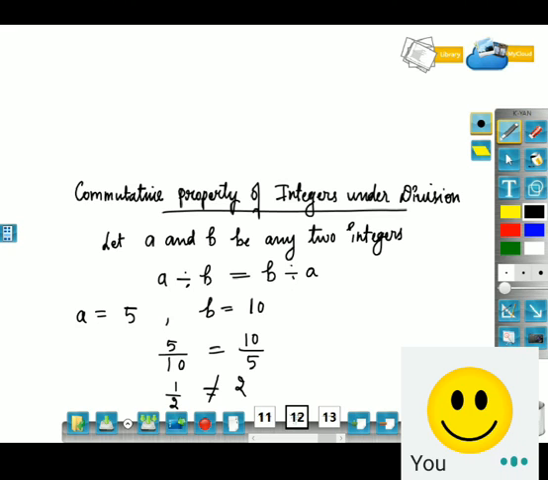So till now, whatever we have discussed, does anybody have any doubt? My class will be ending at 9:25. I'll be closing my session, and the last property which is left out is associative property. Associative property will be discussed in the next session. In the next class, we are going to discuss that property.